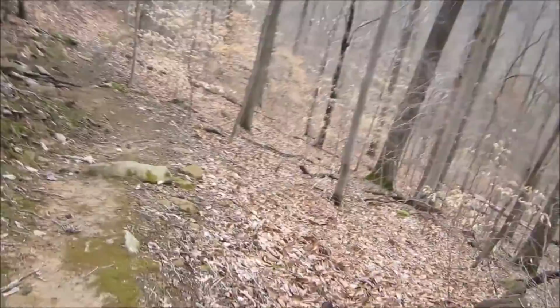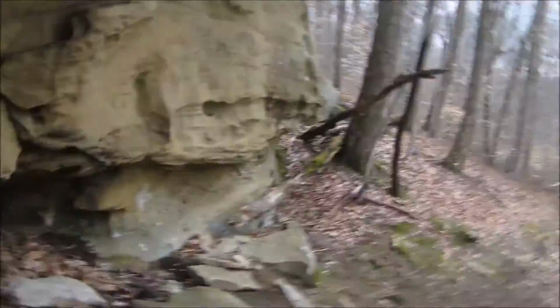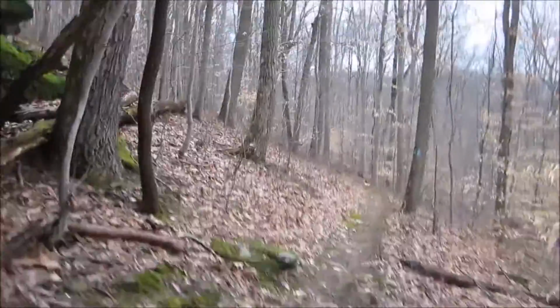Just really cool. The first time I was here, the only other time I've been here, I made it down to this point with Zilla, and stopped and turned around because it had been a while. You can see the locals have written foul language on there, messing up the wilderness. But yeah, this is a cool trail,